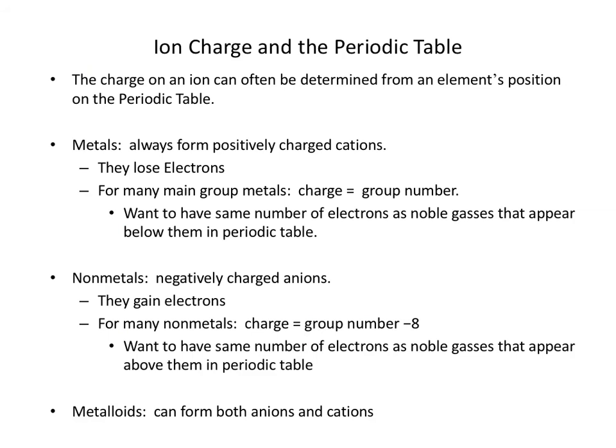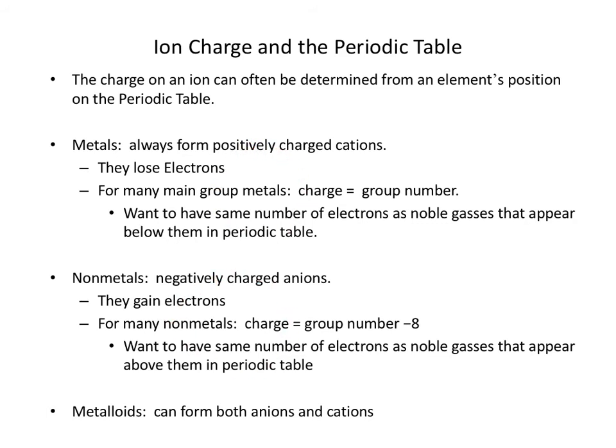All right, so one of the most important things that the periodic table can tell a chemist is it allows us to predict the charge of many elements based on their position in the periodic table. For metals, we know that they tend to lose electrons and form positive ions, and nonmetals tend to gain electrons and form negative ions. Metalloids can be both. Pretty much for all nonmetals, we know what charges they're most likely to have based on their position, and for a lot of metals we can predict.